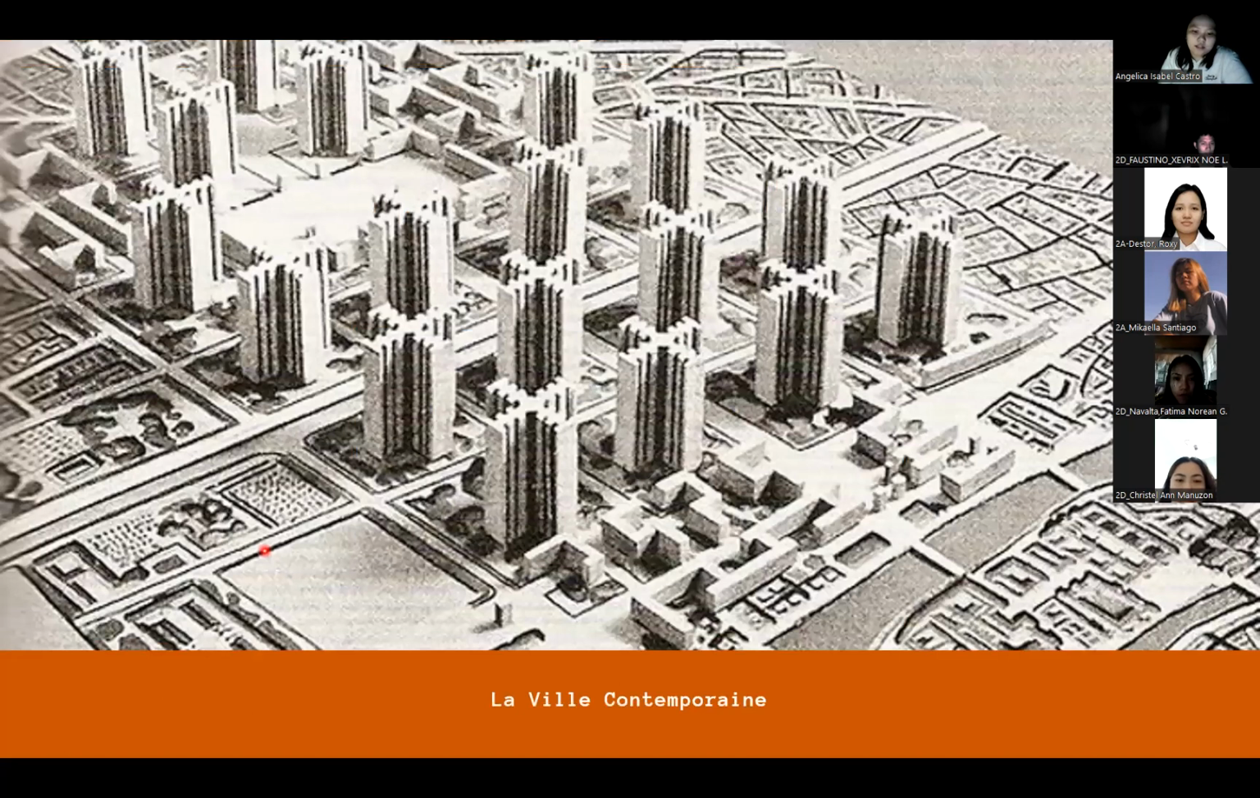And the Ville Contemporaine. This is something you would discuss in your planning subject. Essentially, this is another mass housing program that did not come to fruition. It didn't happen, but this is his idea of a high-rise. This is an early idea by Le Corbusier of our condominiums now. But this happened. Now it's happening in the Philippines, our high-rise condos. I think at that time, Le Corbusier,